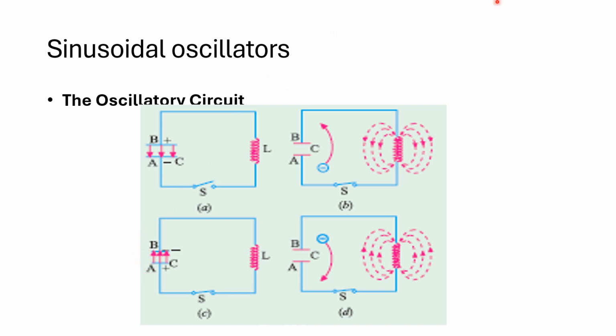What happens now is the capacitor starts discharging again, but this time in the opposite direction: electrons from B to A, while the current is from A to B. Again, look at the magnetic flux. It is again opposing the direction of the conventional current flow, and the cycle continues. The charging and discharging of these two elements continues. When the capacitor is fully charged, it is discharged through the coil.